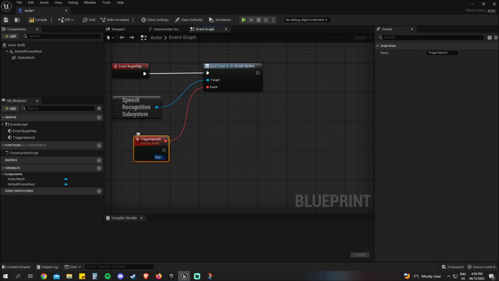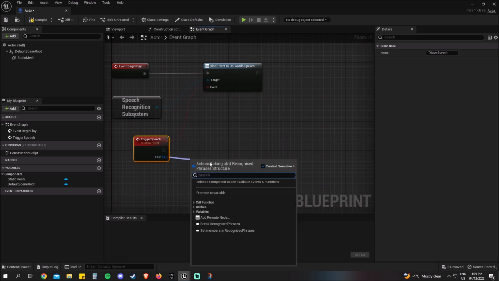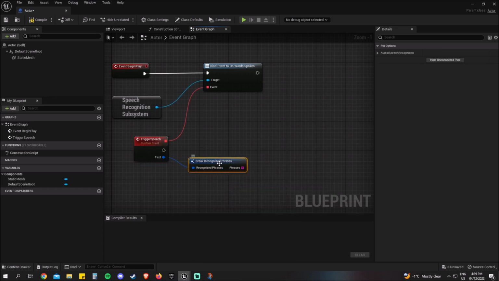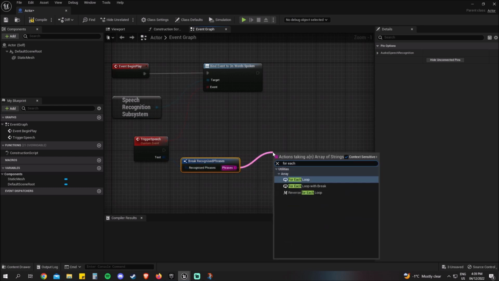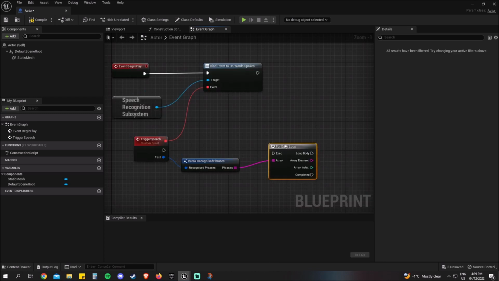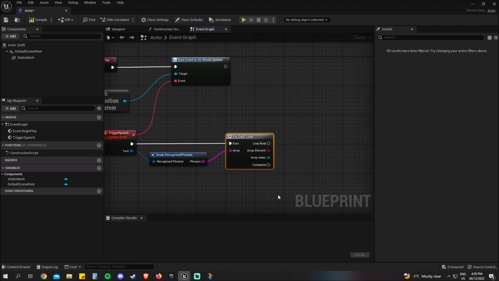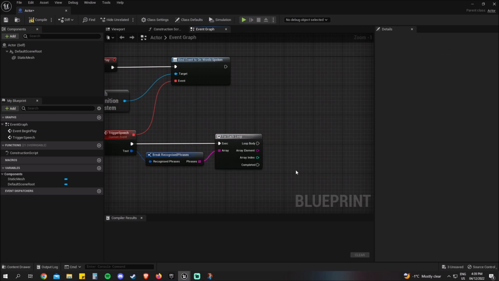Off this, you can save this as a local variable if you want, but I'm just going to break it just so we can move on with the tutorial. On these, then you do a for each, and again, I'm sort of jumping steps just because a lot of it is out of the scope of the video, but obviously there's cleaner and better ways of doing this. I'm just doing the fast ways so that you guys understand what to do, and then you can apply your programming standards however you want. So okay, now that we have this,